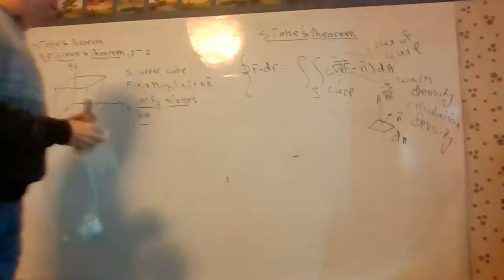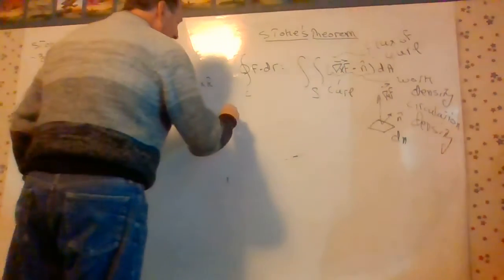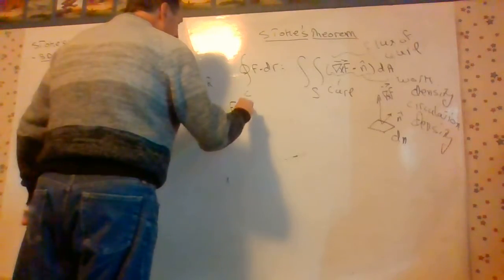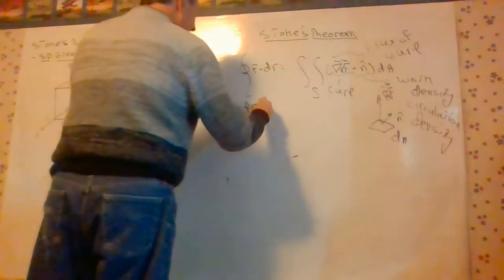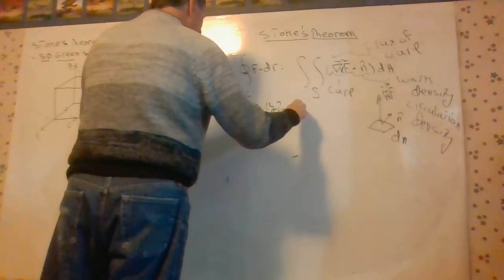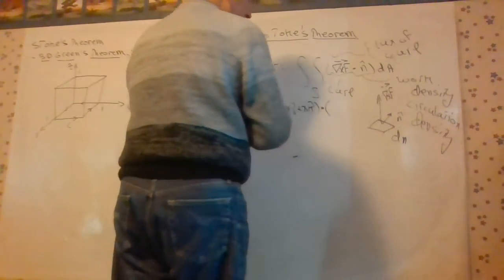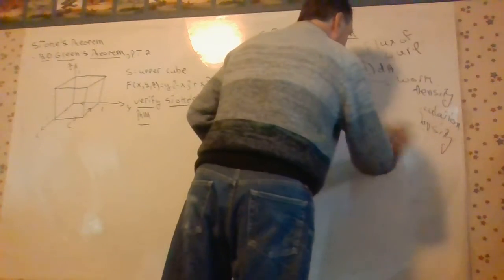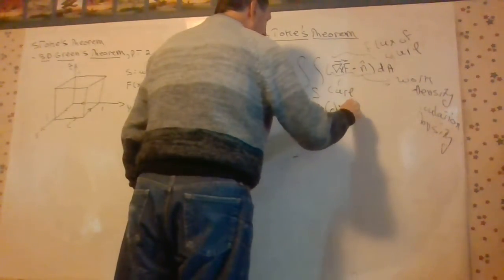F dot dr, obviously, we can write out a general statement for f dot dr, and then we're going to break it down into 4 different pieces. So first of all, f dot dr is equal to yi minus xj plus xk dotted with dxi